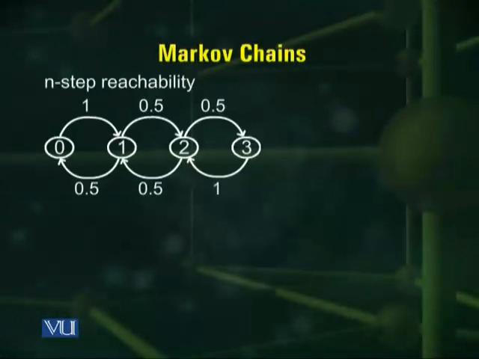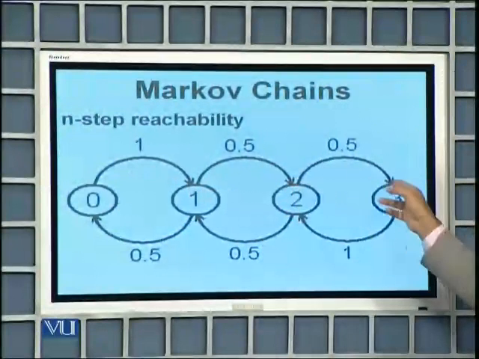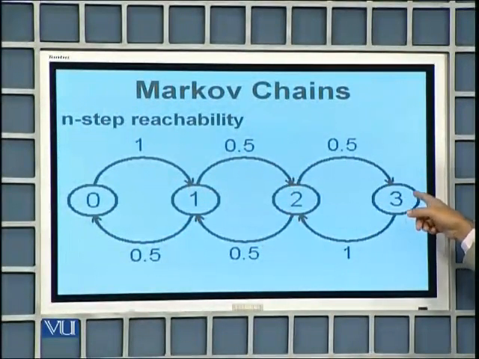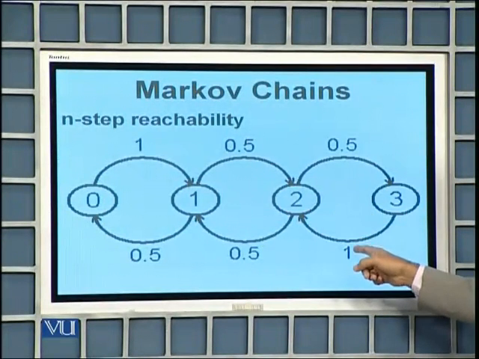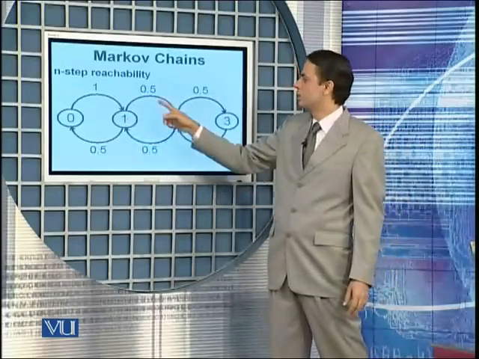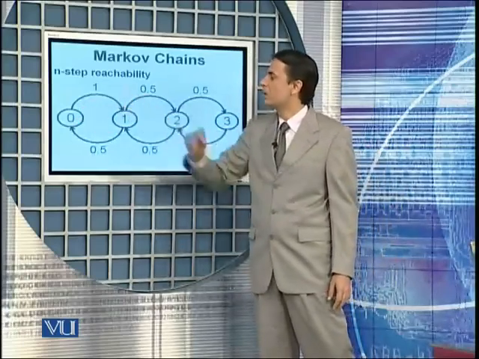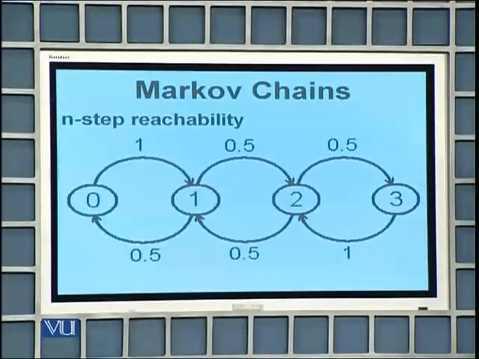Let's take another example, a hypothetical Markov chain which has only 4 states: 0, 1, 2, 3. This is called a random walk with reflection. The walk goes from state 0 to 1, 1 to 2, 2 to 3, and once you reach state 3, you reflect back to state 2 with probability 1. From state 2, you either go to state 3 or state 1. From state 1, you either go to state 2 or state 0. And if you reach state 0, you reflect and go back to state 1 with probability 1. So this Markov chain is called a random walk with reflection, and the associated transition probabilities are also shown.